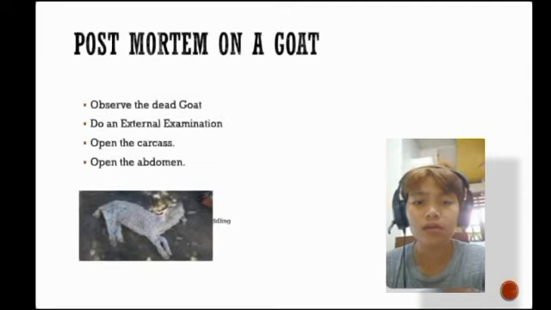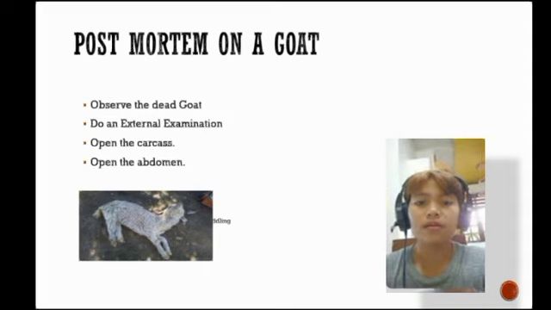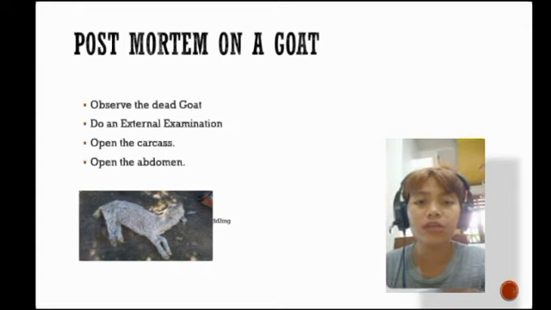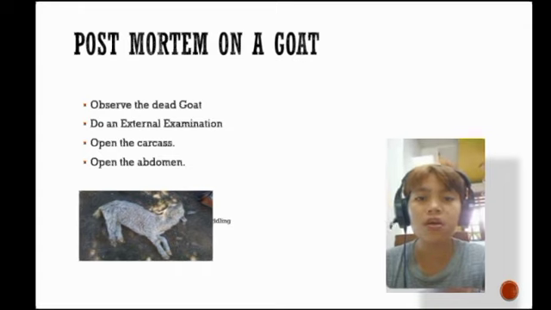Do an external examination. Get an idea of the body condition of the goat. Check the body openings for any discharge: nose, eyes, mouth, and anus. Check the color of mucous membranes. Look inside the mouth. Check lips, teeth, tongue. Feel the jaw to see if any gas or any fluid occurs under the skin, indicating bottle jaw or